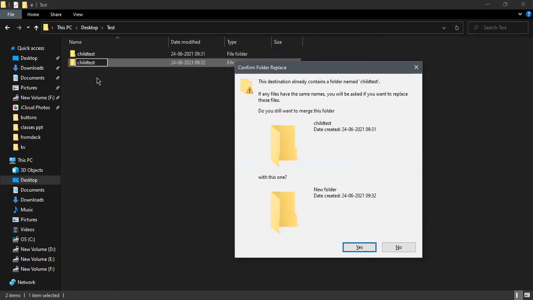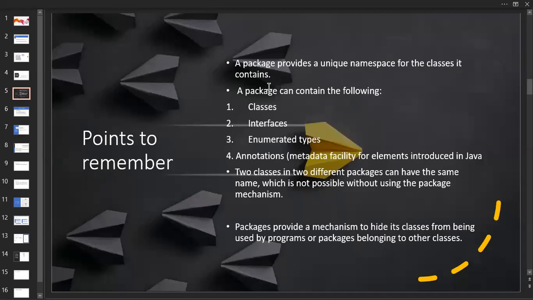The same thing applies inside packages, because the folder itself is like a package, right? So the namespaces are very important. When you are going to create a package, you should know that the same name should not be available over there, or else it says the name of the package is already available. Would you like to replace it? It will ask in this sense. And there is no chance for us to change the predefined packages. It is not possible. If you want a user defined package, it can be changed. And the namespaces are very important, the name you are giving should not be available over there.